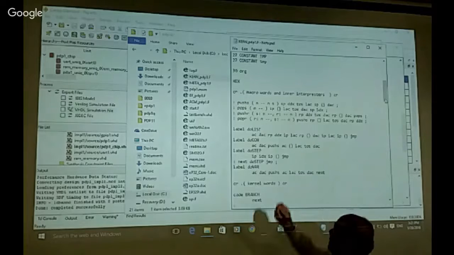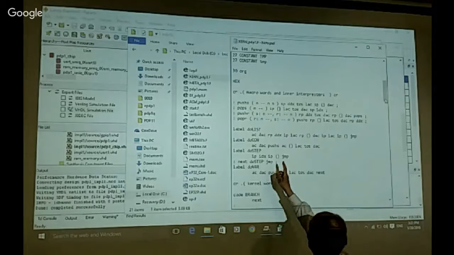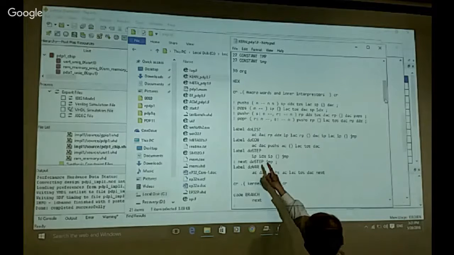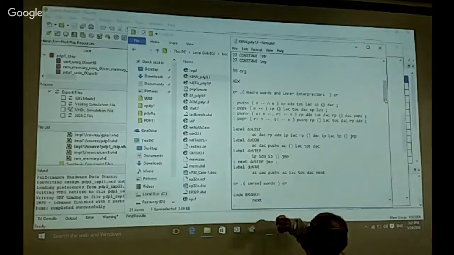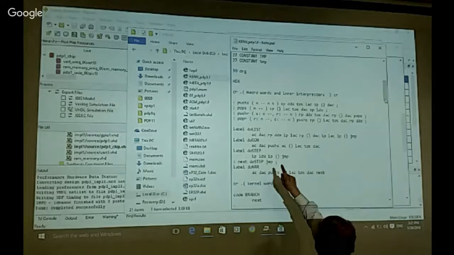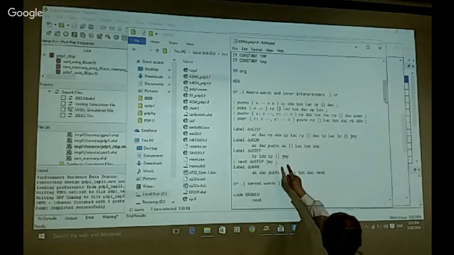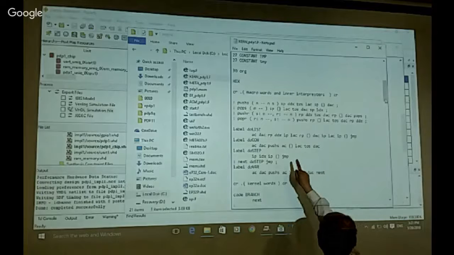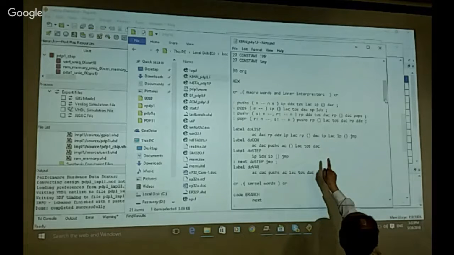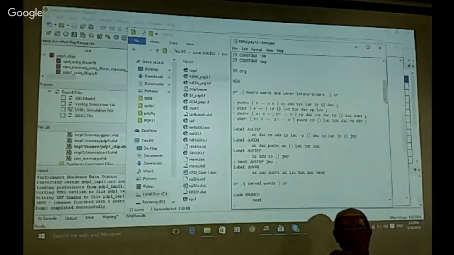Okay, and so you save the IP on the return stack, and then you load the AC, which has the pointer to the next word to be executed, and you put that into IP